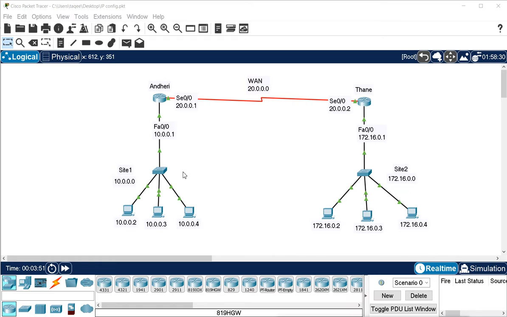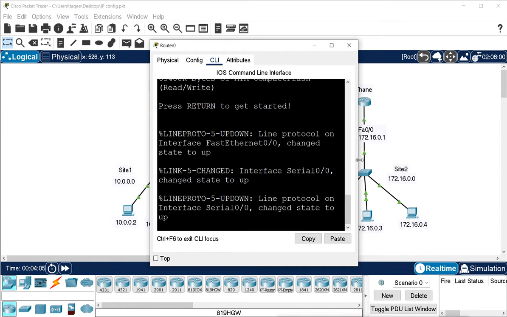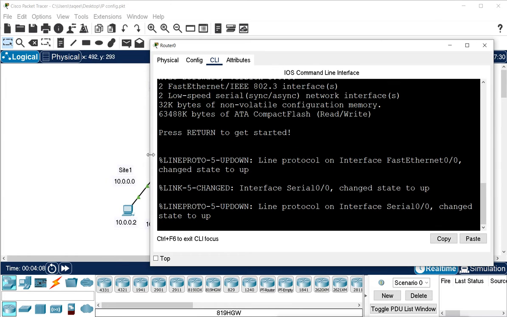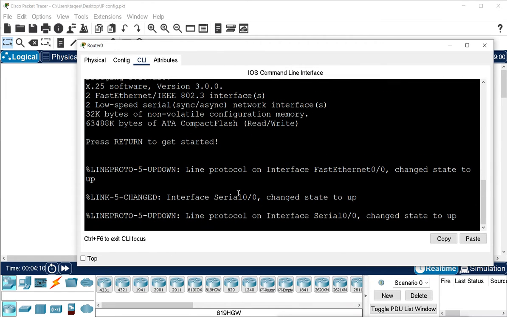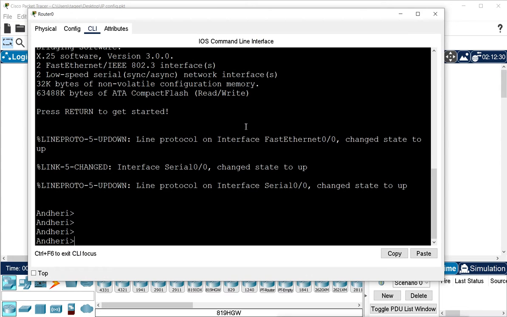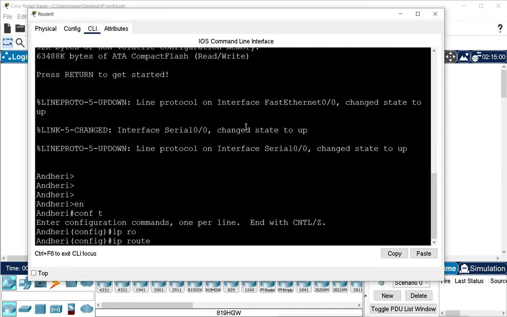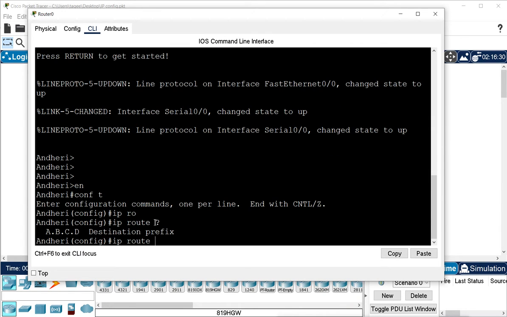So we have to configure the routing here. We have two options, dynamic or static. For static, we configure the routing table manually. For example, I went to this router here and configured the routing table manually. For that, I went to the config terminal command, used the ip route command, then I mentioned the destination network.